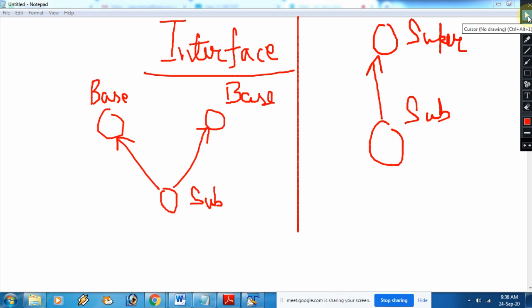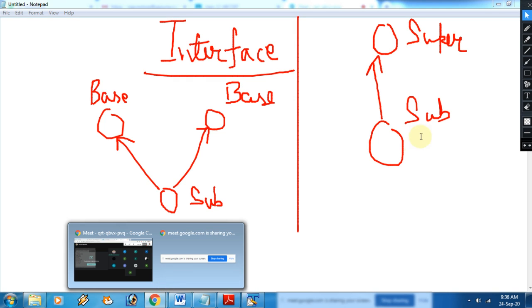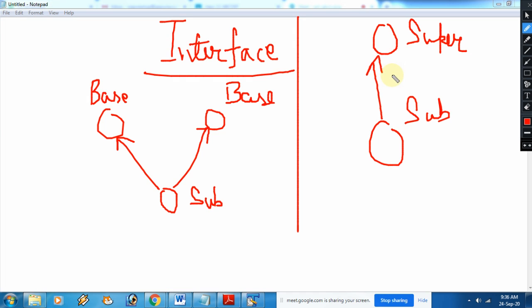On the right side I am just telling about inheritance. In inheritance we were having only one superclass and one subclass. So this was the limitation in Java. Only one superclass at a time we can extend in a subclass. So this was the problem.